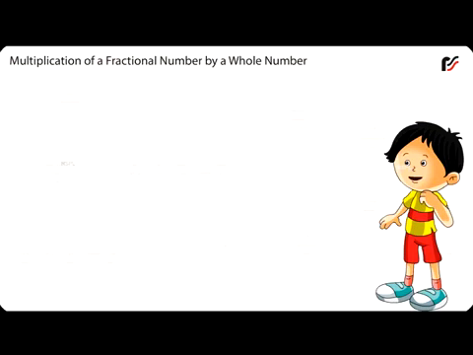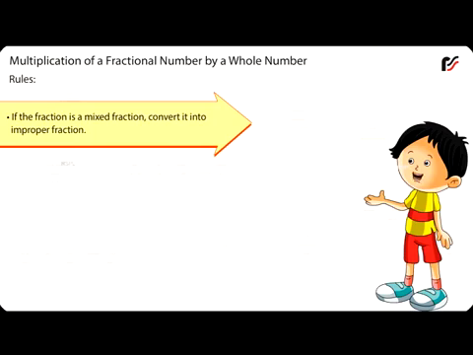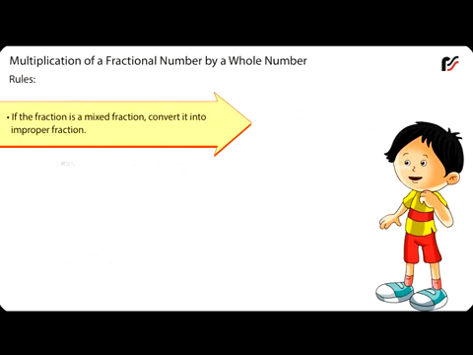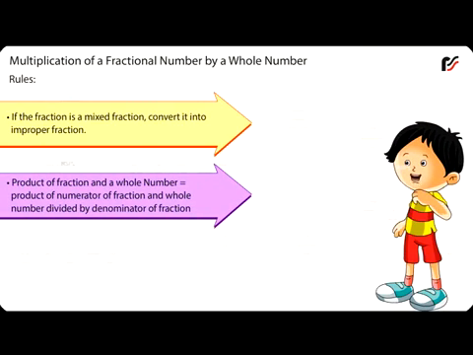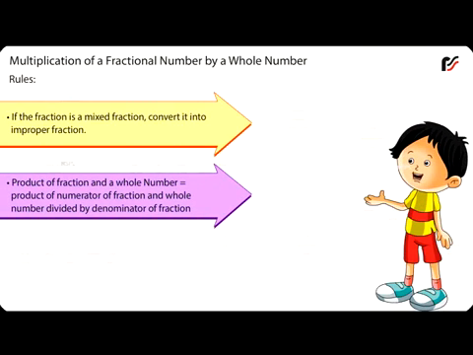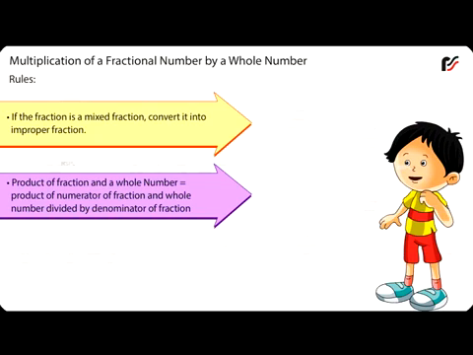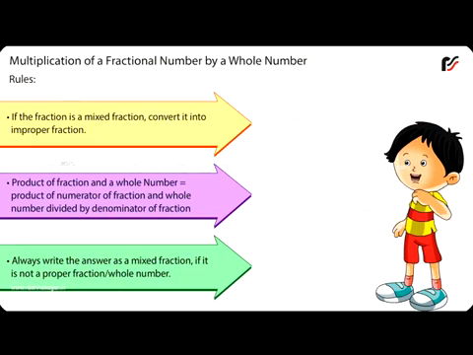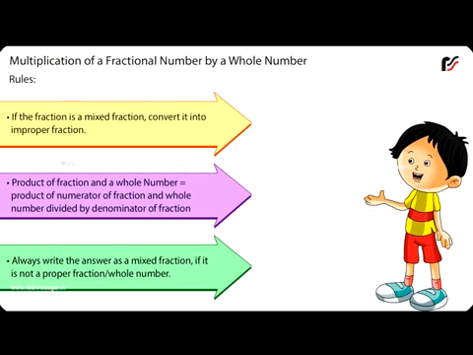Multiplication of fractions. Multiplication of a fractional number by a whole number. Rules. If the fraction is a mixed fraction, convert it into improper fraction. Product of fraction and a whole number is equal to product of numerator of fraction and whole number divided by denominator of fraction. Always write the answer as a mixed fraction if it is not a proper fraction or whole